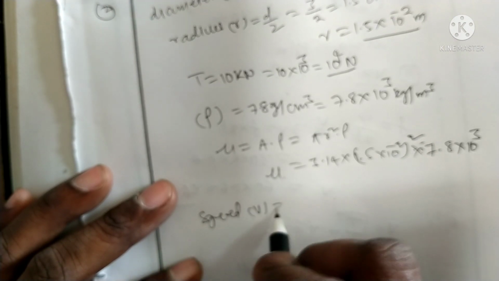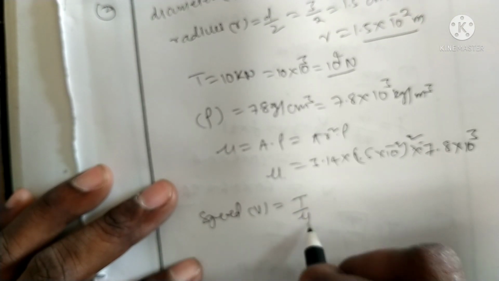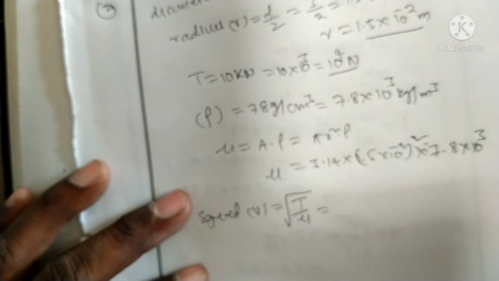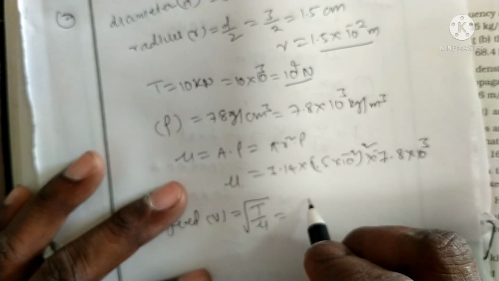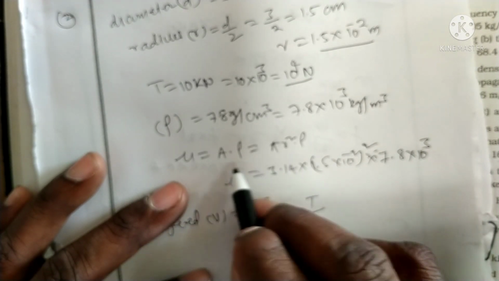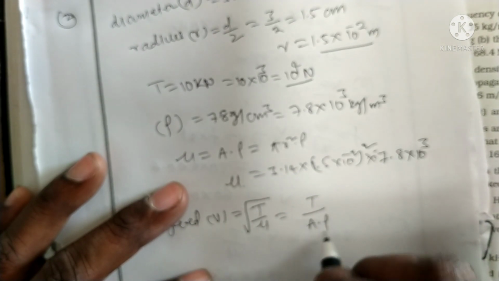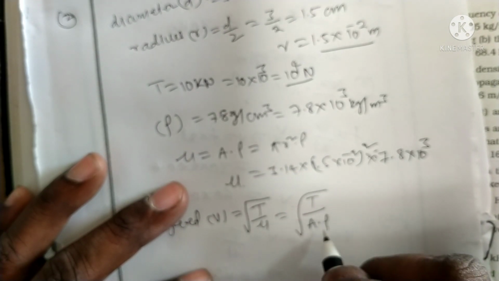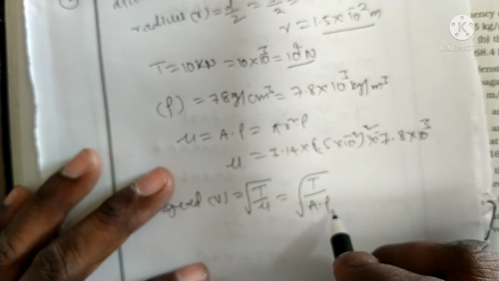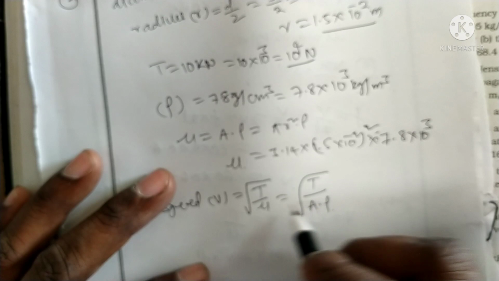Speed v of the transverse wave in a stretched string is v equal to the square root of T by mu. Mu, the linear density, can be written as area into density. These values of tension, area and density are substituted in the formula. We get the speed of the transverse wave, v is equal to